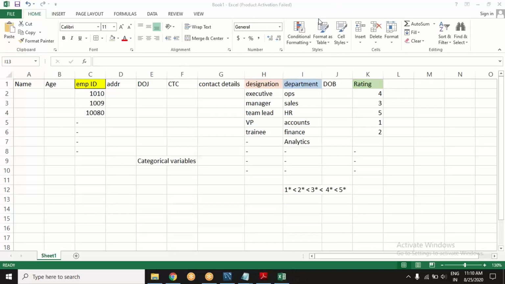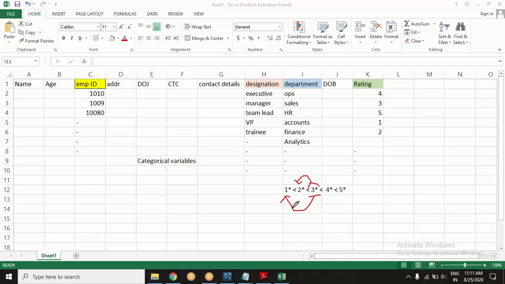Now I am calling in this order, think about it. In this order, there is a constant interval also. There is a scale also. If I am saying 3 is better than 2, I know 3 stars are better than 2 stars by 1 star. If I say 3 stars are better than 1 star, by how much?